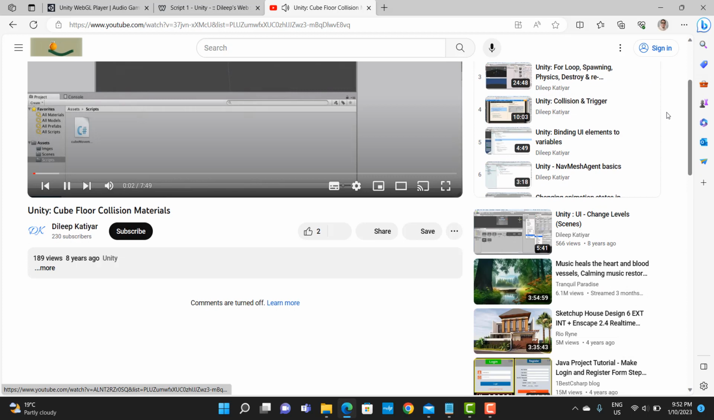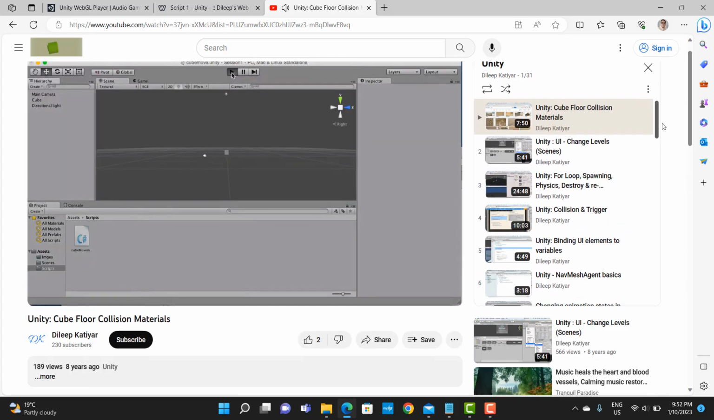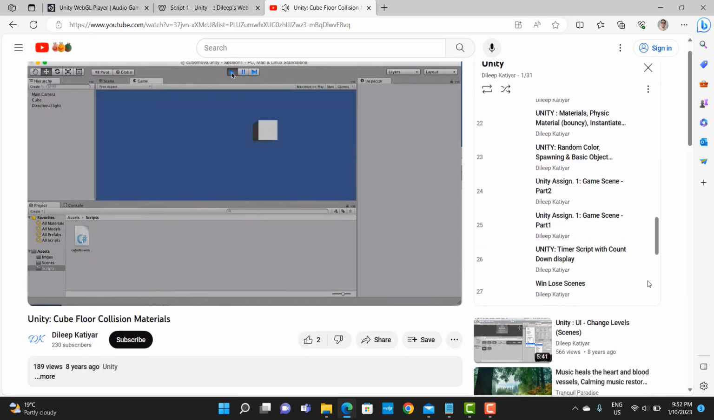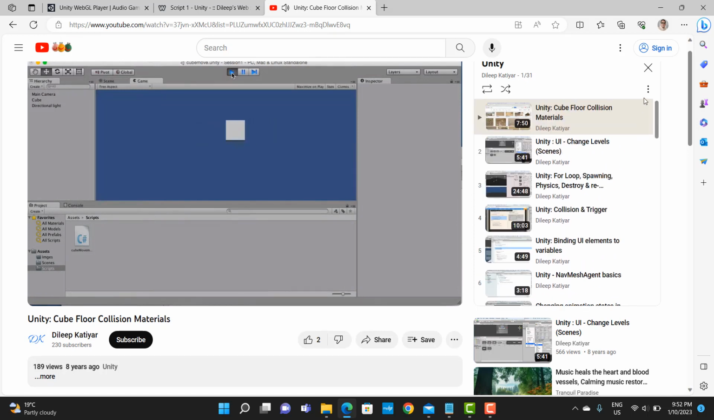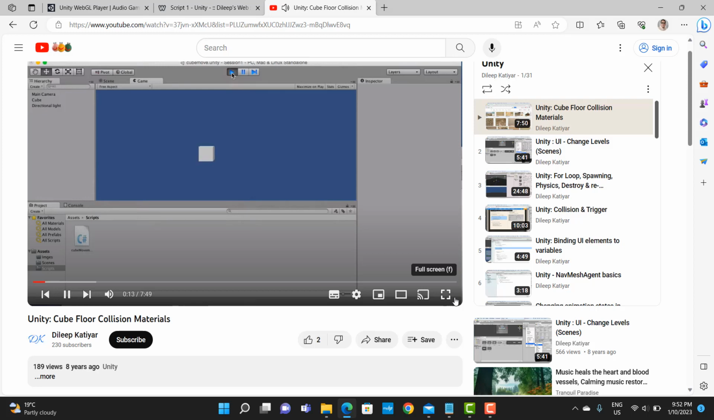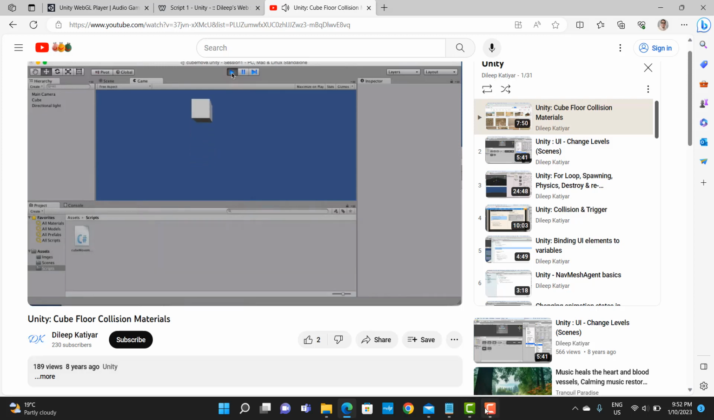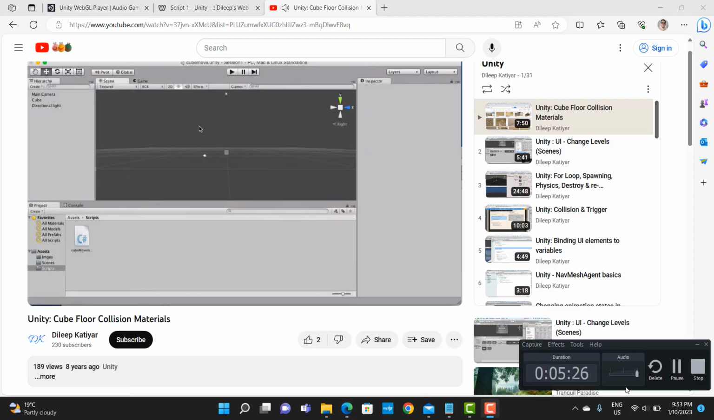So we have a basic cube moving. Let's have a look at it. These are all my Unity videos. I've done a lot of programming. We can move left, right, top, bottom, and Q and E for the depth. Okay, so we have it going up and down. Now let's give it some physics. The next thing I'm going to do